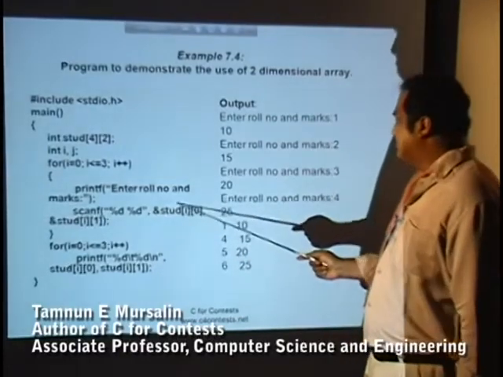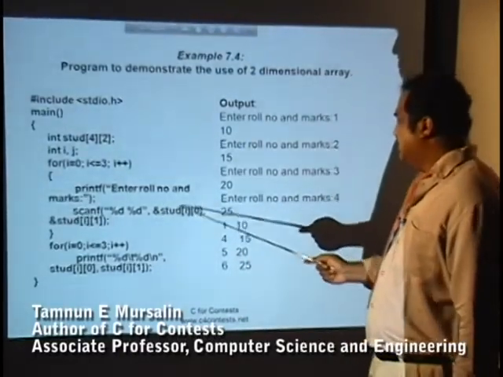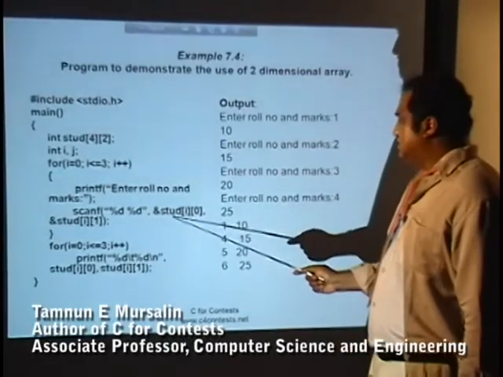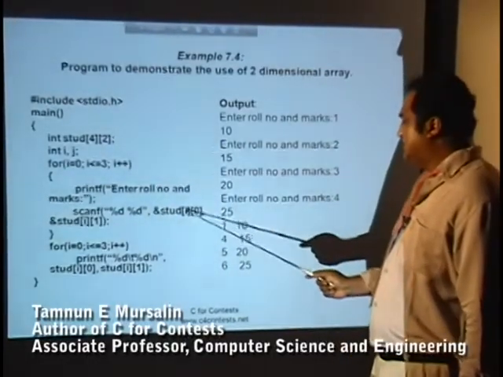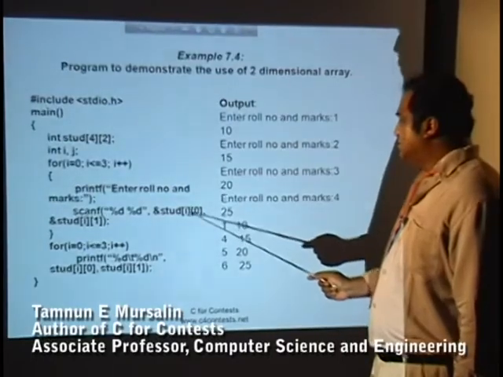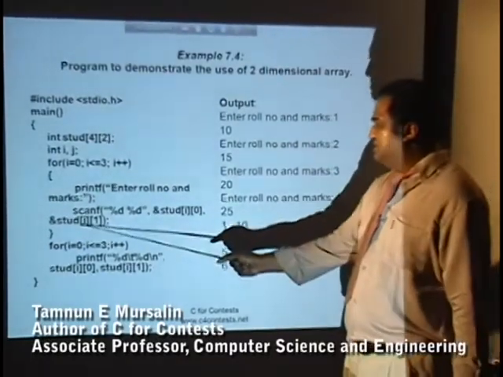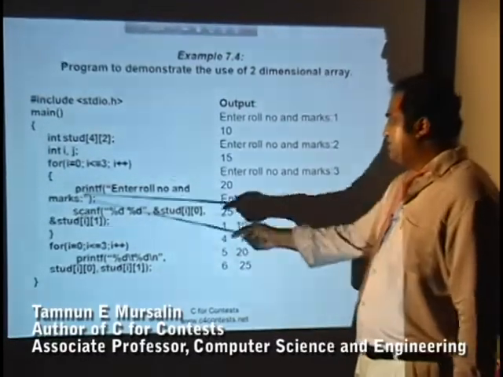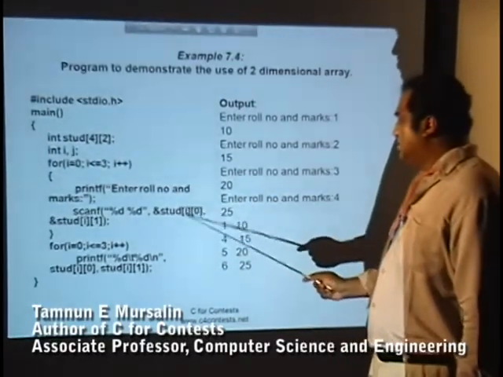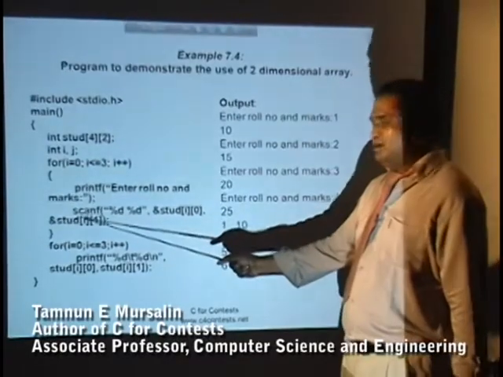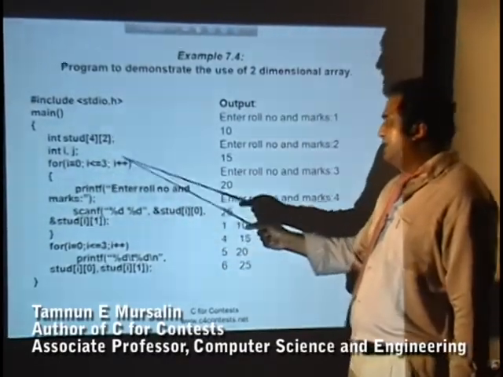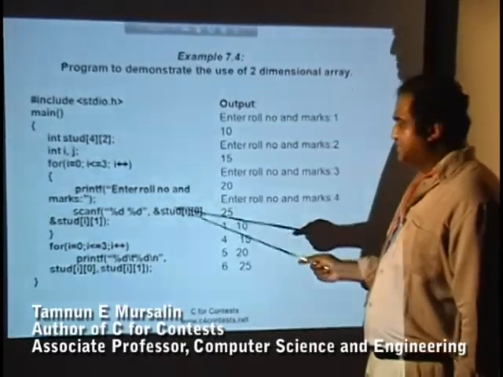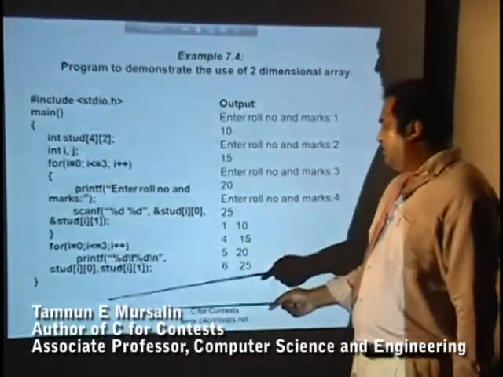Here you can see you have the roll number over here and the marks over here. This one takes what? You can see this is i 0, that means if i is 0 and this is 0, this will be [0][0] and this will be [0][1]. Gradually, on the next increment, this will be [1][0] and this will be [1][1]. This is how this array is going to go through each of the rows and then through each of the columns. Now we are going to print the array.